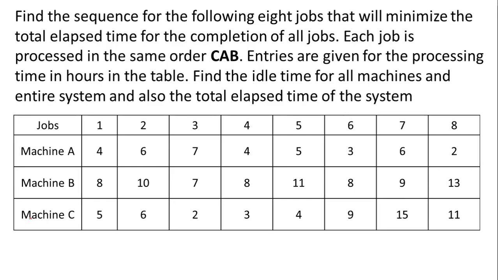But the most important point we'll take from this question is the order of the missioning process. The order of the process is CAB, which means the first mission operated is mission C, followed by the second mission, mission A, and the third one is mission B. This should be kept in mind because all the other processes will be based upon this case only.